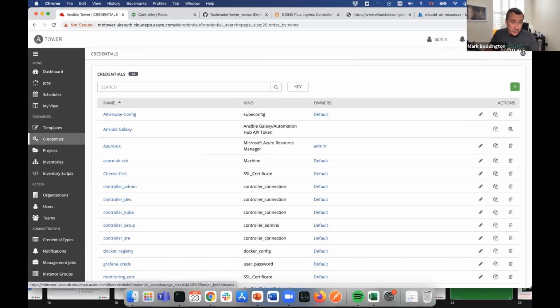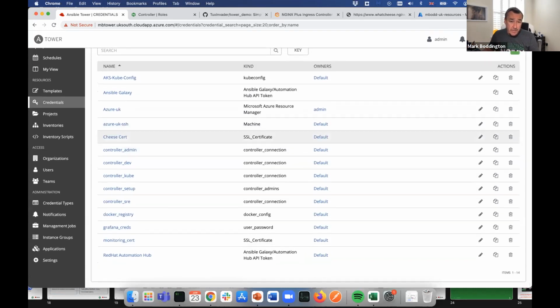Solutions. There's lots of different credential types you can create. In here, I have several. I've actually created an SSL certificate credential. I have credentials for connecting to controller as the different users, so the role-based access control we're using in Tower. We're also using role-based access control within controller and in Kubernetes to secure who can do what in terms of deploying solutions. I have a Docker registry here as well for connecting my Kubernetes environment to my container registry and